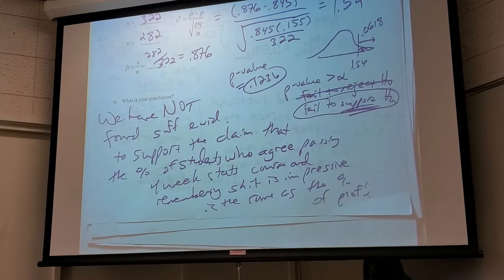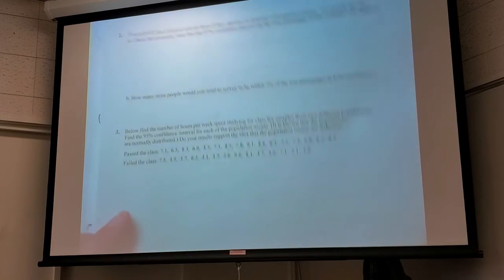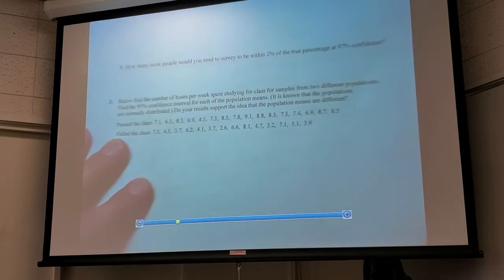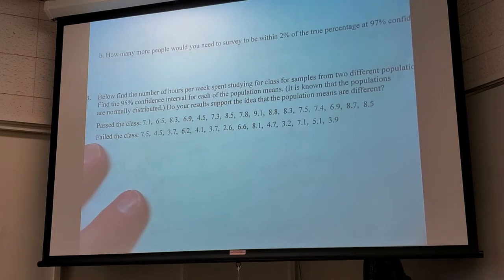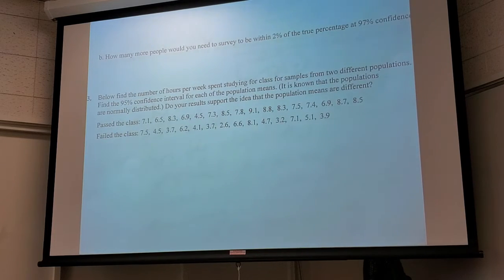Let's do number 3. Yeah, that's a good one. What do you guys think? That's a confidence interval problem where you have to calculate your own stuff. So the first thing I want you to do is calculate what we need. How many confidence intervals do I need to make for number 3? 2. And in order to make confidence intervals, I'm going to need x-bar, I'm going to need a standard deviation of some kind, right?